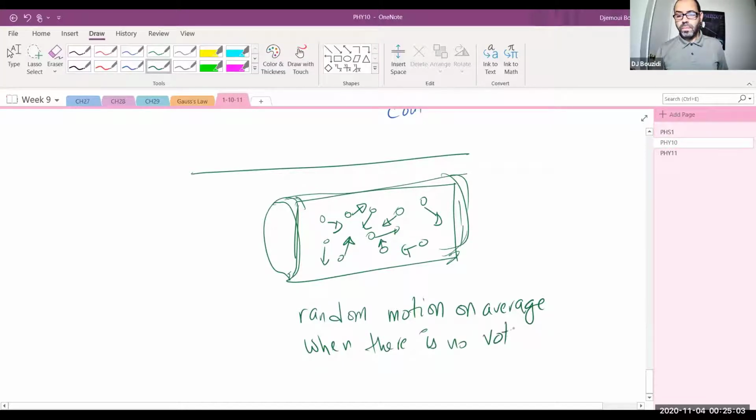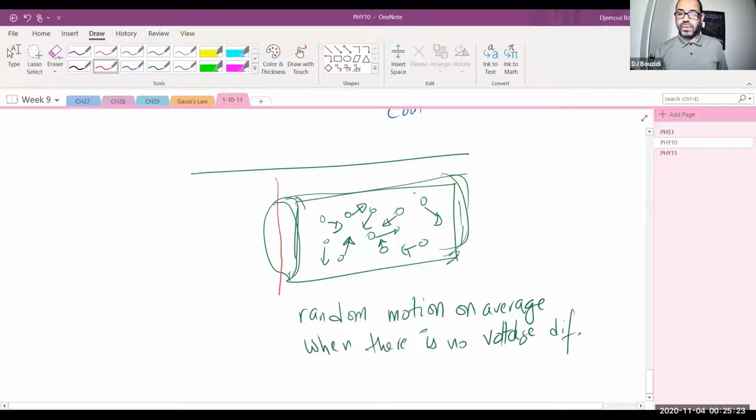Voltage difference. There is no voltage difference. If there is no battery, there is no motion of all of them. All of these charges are going every which way. Okay. Now, if I apply a voltage,